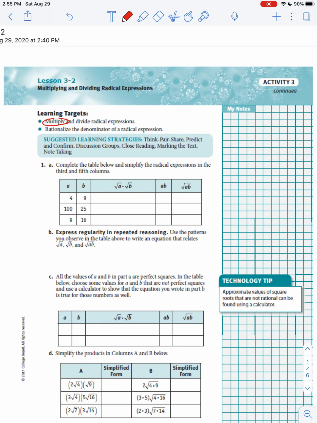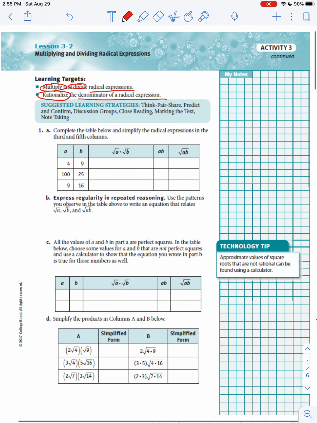We have to first multiply and divide radical expressions, and then with dividing we also have to do a process called rationalize the denominator, and so we'll learn what that is and when to do that. So the first couple tables on this front page are going to have us discover some of the properties for